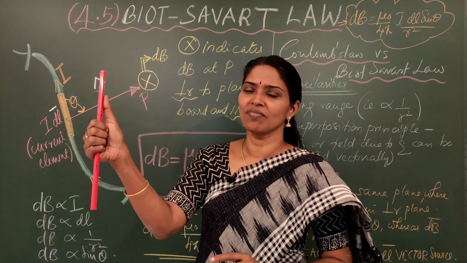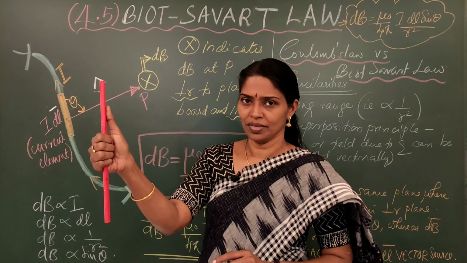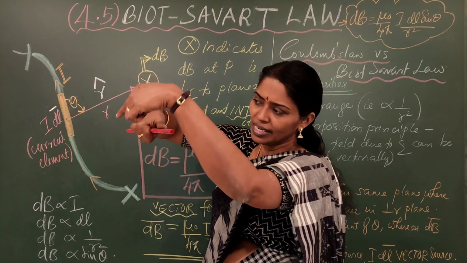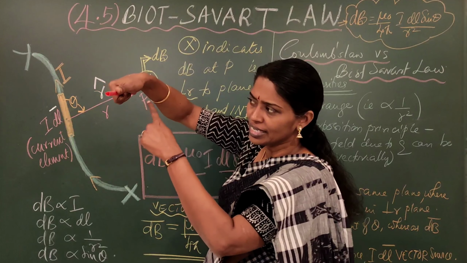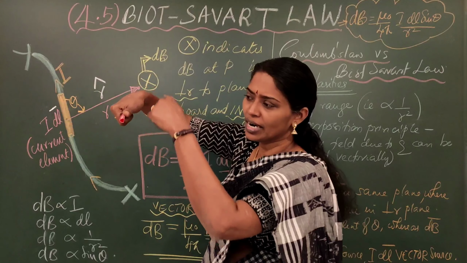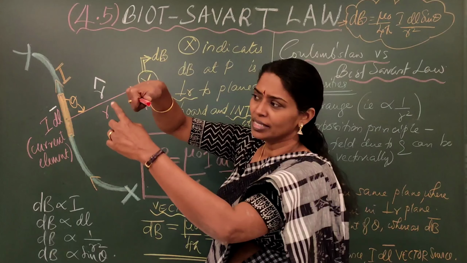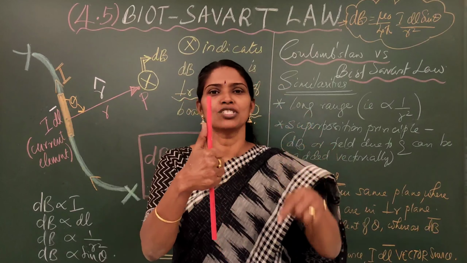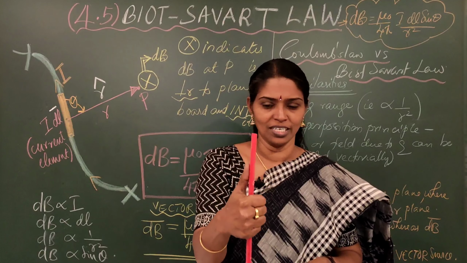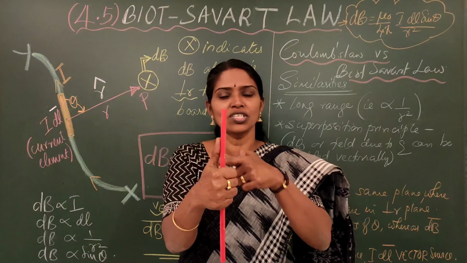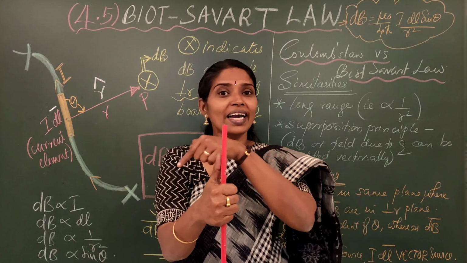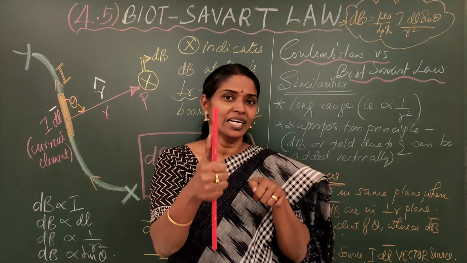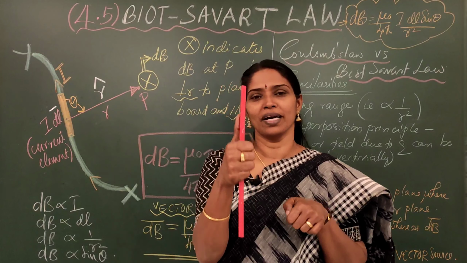The direction of the current is given by the right hand thumb. The remaining four fingers are curled in such a manner that the concentric circles around the conductor show the direction of the magnetic field. So, concentric expanding circles show there is a magnetic field around it. And you can draw a tangent at each and every point. The tangent gives the direction of the magnetic field at that point. But we don't know what the value of the magnetic field is.